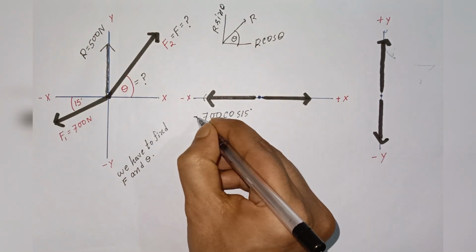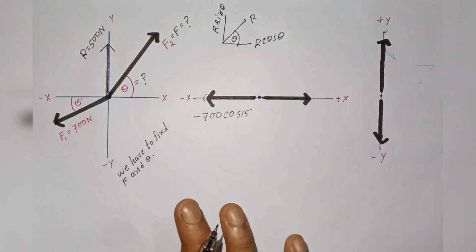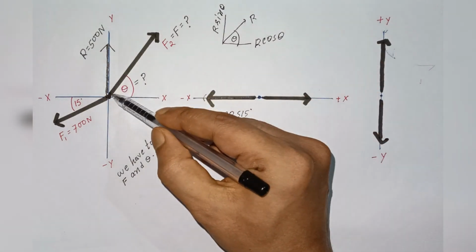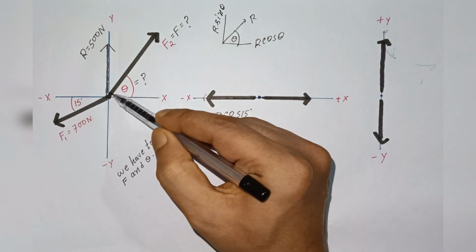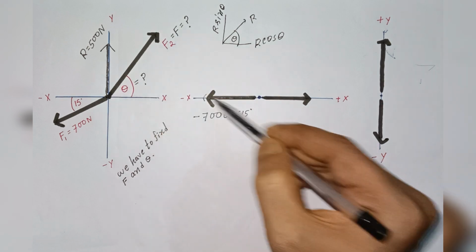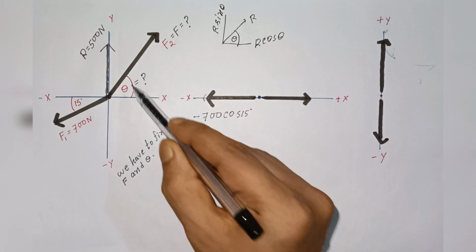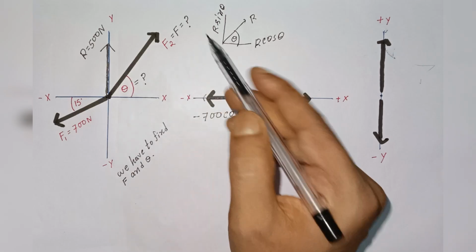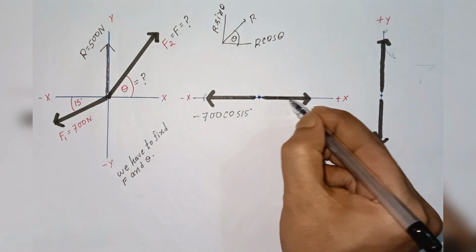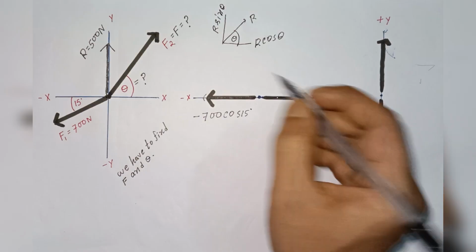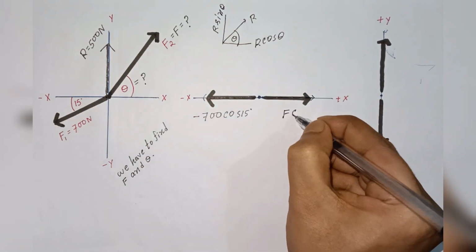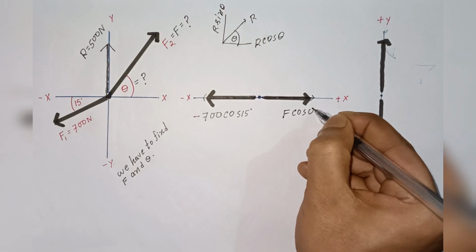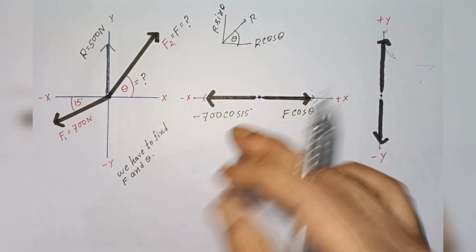The question says that the F vector is at an angle theta with the positive x-axis. This vector will have two components. We will find the one that goes in the direction of the positive x-axis. Check where theta is attached. Here theta is attached with the x-axis, so we will attach cos. That is, F cos theta is the component along the positive x-axis.